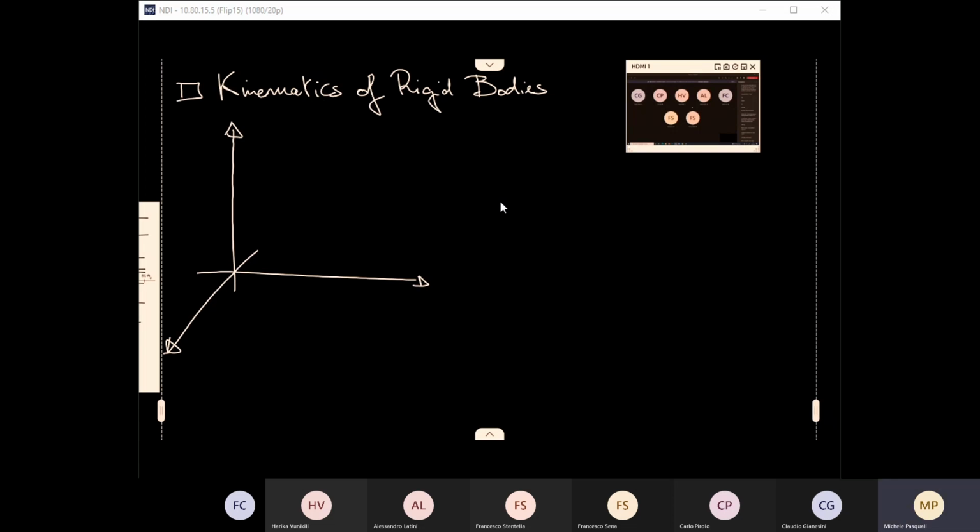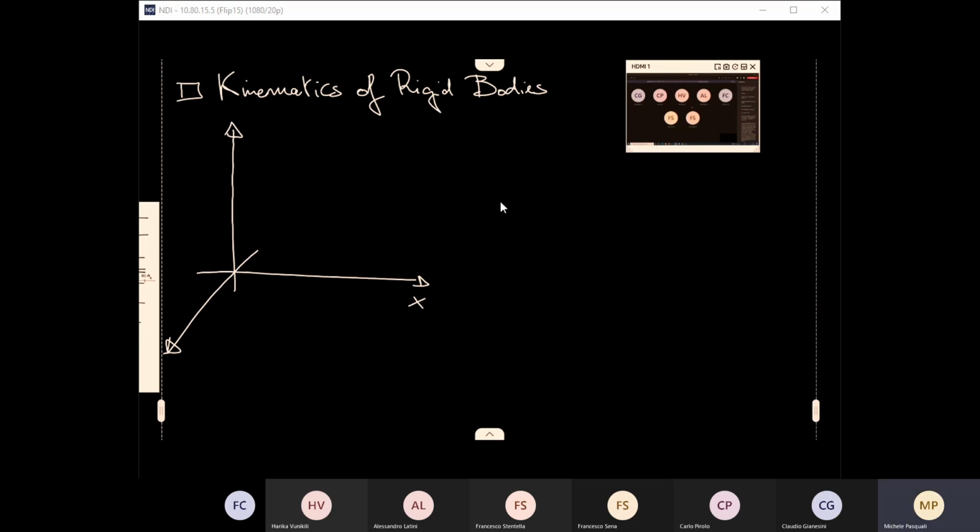So it doesn't move. Just as an introduction, I will anticipate that there will be a lot of different names and ways of characterizing quantities in this course. I will be consistent in that, but please make sure that you have noticed all the different things. I will stress them during the course, but you will see that the nomenclature is quite heavy, but it's necessary because it lets us differentiate between different quantities, refer to different frames and so on.